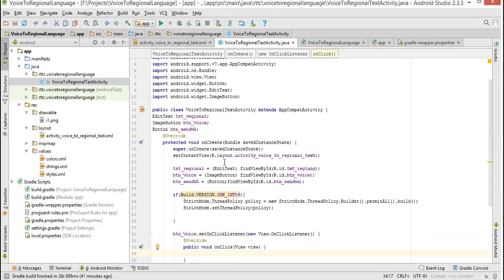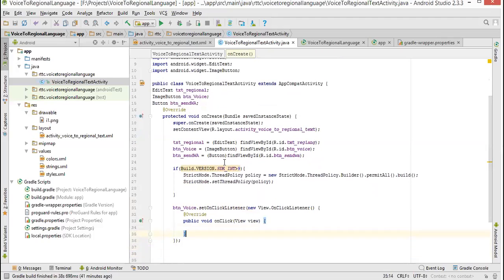See, simply I have selected that OnClickListener. It has given its complete structure of the interface. What is the structure? New View dot OnClickListener. Inside that @Override public void onClick(View). What do you mean by this @Override here?